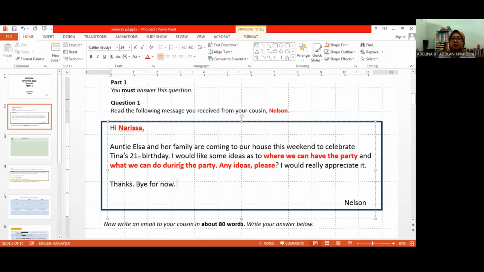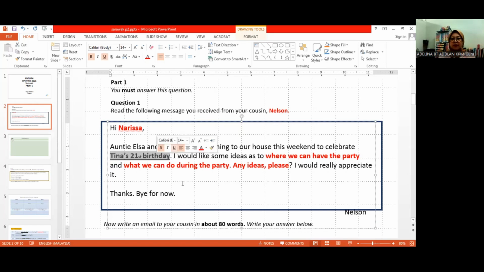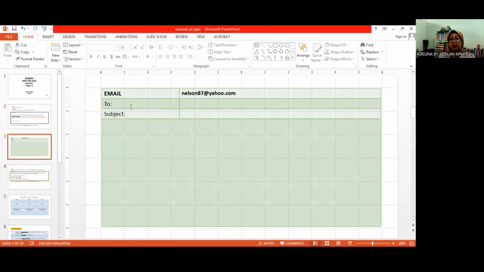You can have games, you can have like hangman game, you can have like treasure hunt game. It depends, but it has to be suited to the person's age. 21st birthday celebration. So you have to understand, right? Okay. Now, when you write here, sometimes in your question it does not state who anymore because you are already